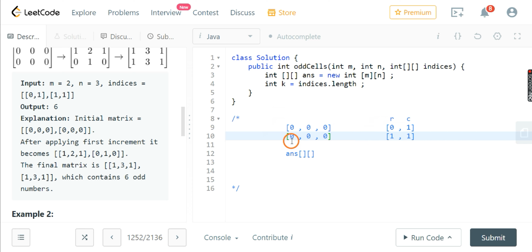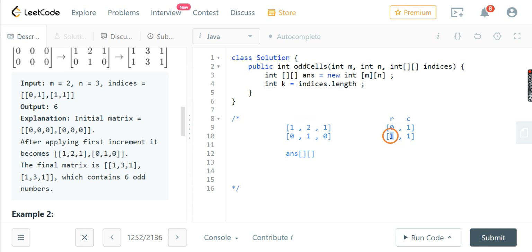So initially I made a mistake somewhere, so let's increment all of them again. Okay, so in the 0th row increment everything: 1, 1 and 1. In the first column increment everything: 2 and 1.